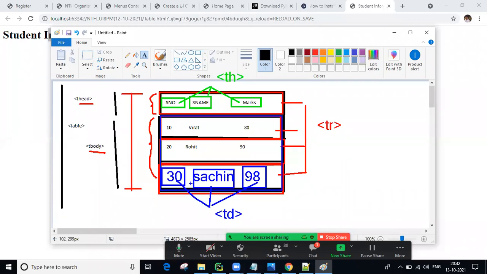See guys, td for table data, the table related columns using the th, and the table related rows using the tr. This columns related row, the entire section we can call head section. Okay, and all the remaining rows we can call body section, and all head and body are available in the table tag. This is the parent tag.